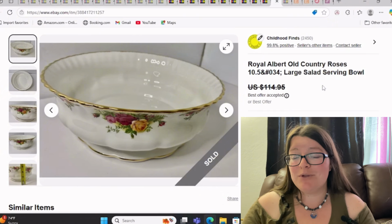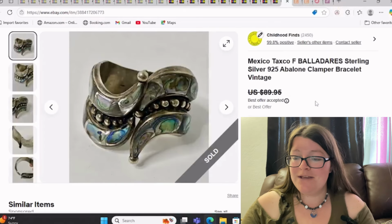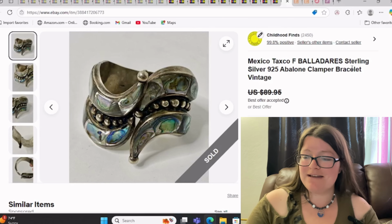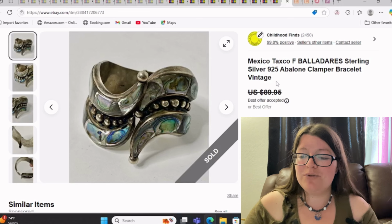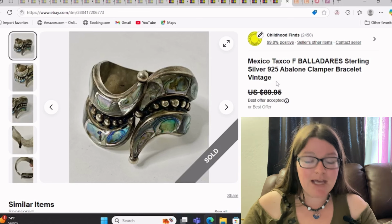And I have a set of dinner plates that went really, really good. But this was a good pickup. This I got from my source, and it's a Mexico Taxco signed sterling silver abalone clamper bracelet. And this one sold for a best offer of $81, and my profit was